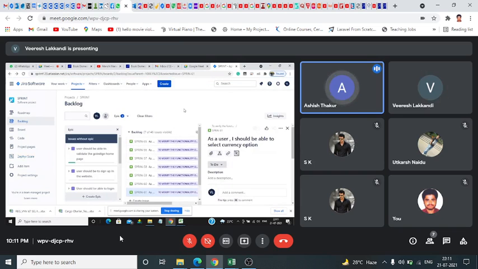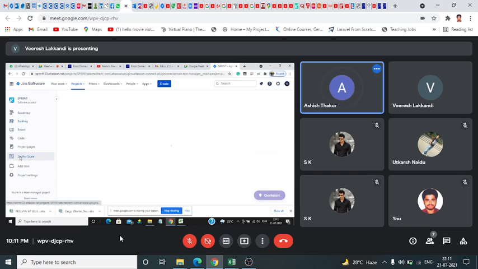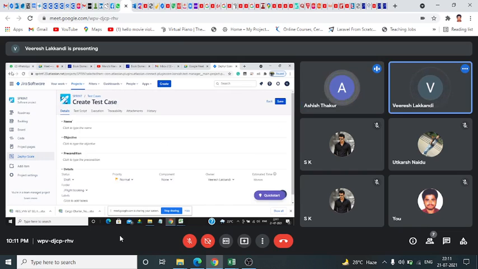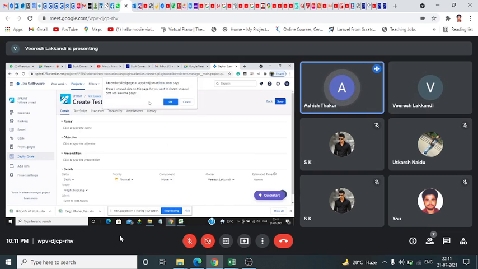Not so, Zephyr Scale. It's very much back. Sometimes this website is very difficult to work on. It's sometimes very slow. Click on the icon. This one. You understood how to do this precondition and test script? Yeah, bro.